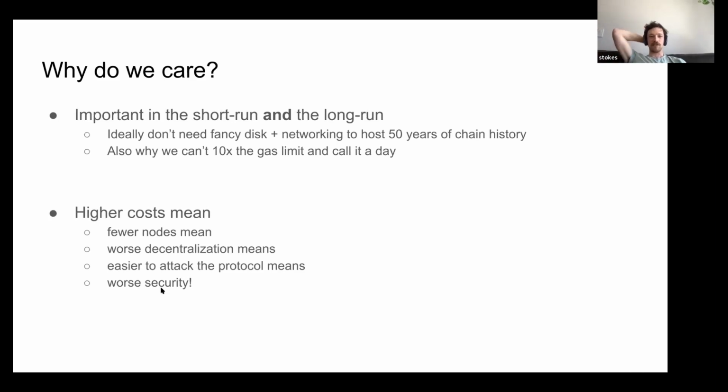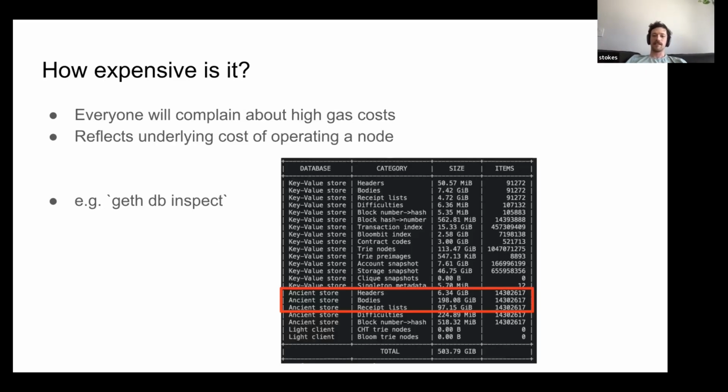And yeah, like I was alluding to, why do we care? Well, it's important both in the short run and in the long run. In the short run, for me to do this, I need to have a big enough disk. And you can imagine, going to my prior point, if we're running an Ethereum protocol 10, 20, 30, 50 years from now, this is only going to get bigger the way that the protocol currently works, because as a full node, you're responsible for the entire chain history. So it's only going to get bigger and bigger, right? So this just plainly does not scale.